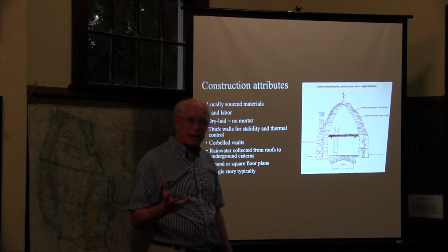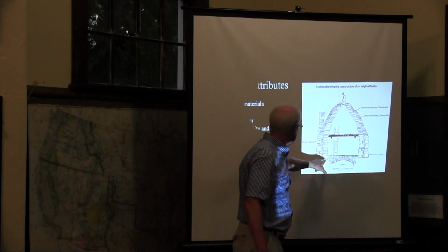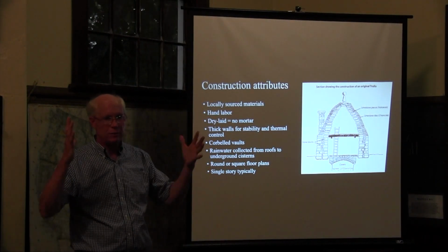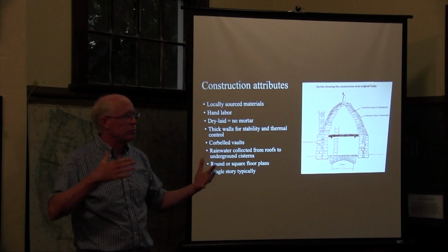And no two are the same, but they're all very similar. So if we look at the drawing quickly, they start with walls on either side. The walls are fairly wide, and that's done, I think, for a couple of reasons. One's for stability, to keep the structure upright, and the other is for the climate and for thermal comfort, both